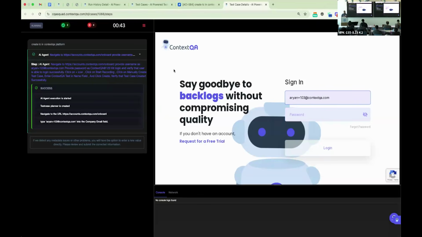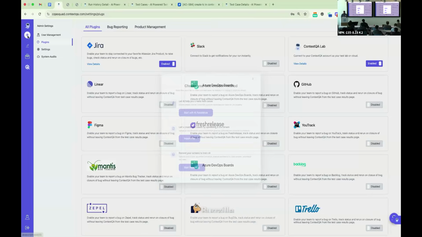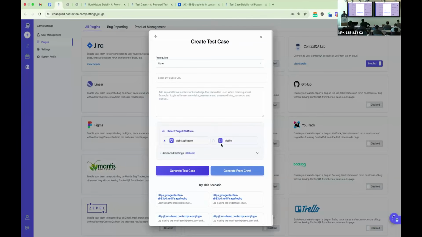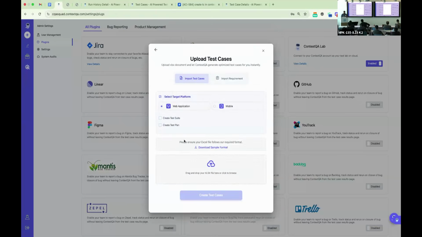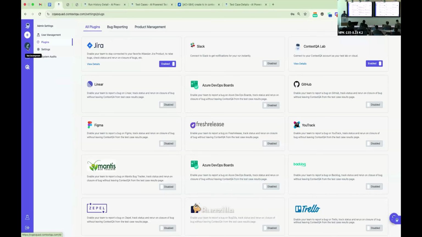So what do you get as an engineering leader at the end of the day? You just provide very basic information, such as a login. You can upload your design document. I will go back here, and you can come over here. You can just provide basic information about your mobile APK or just a URL with the configuration, or you can upload your Figma designs or any document like Swagger docs. It will learn from that and constantly work behind the scenes. So what you get in a couple of days of time,